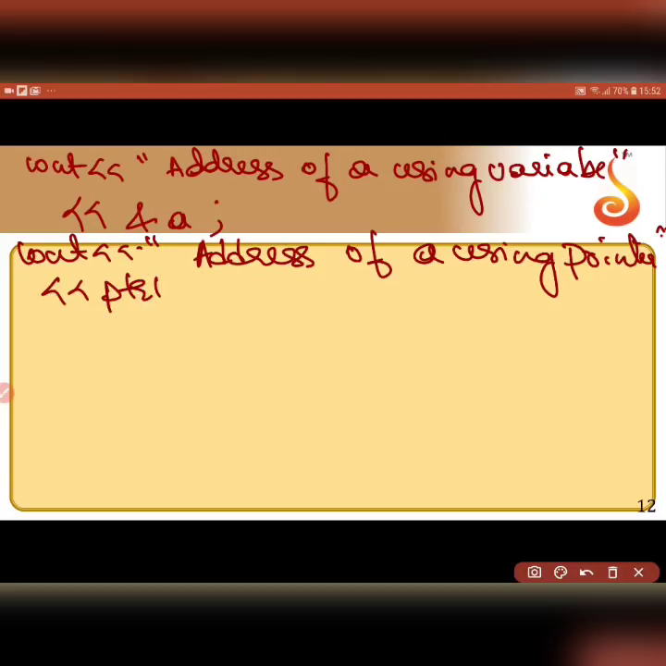ptr1, right? ptr1 was pointing to a. So ptr1 should give me the address of a. If I say star ptr1, it will give me the value of a. If I just say ptr1, it will give me the address of a, because I have made ptr1 equal to ampersand a. The same way, cout